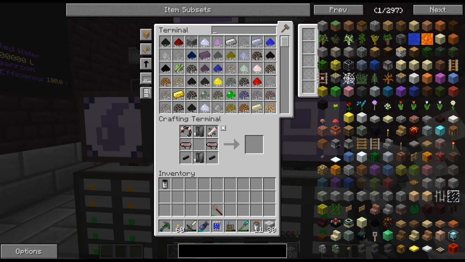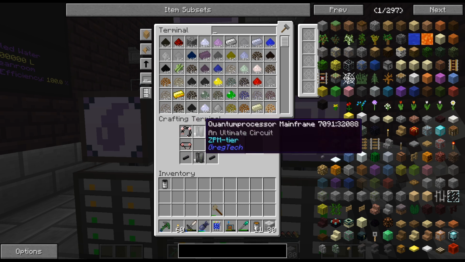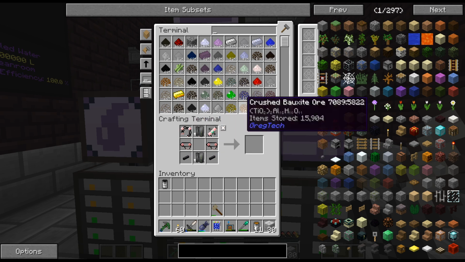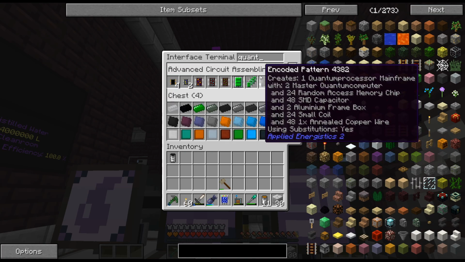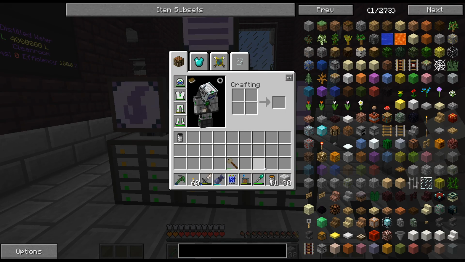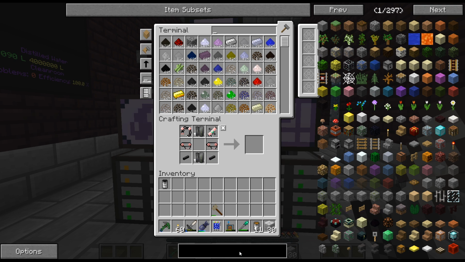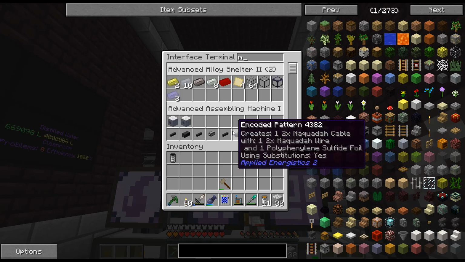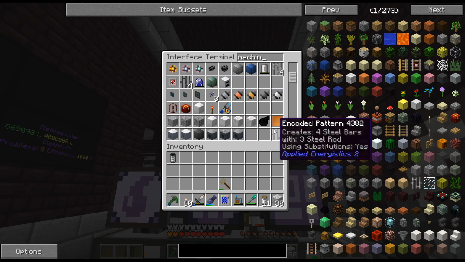So I've gone ahead and got most of these components crafted up. I also made a recipe for the quantum, the last tier of it. I forgot we needed that, so I did make that recipe. And the last part we need to craft up this circuit assembler is the new LV machine hull. Actually, that reminds me, why don't we...